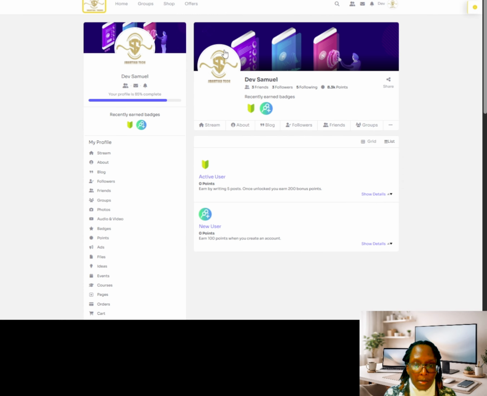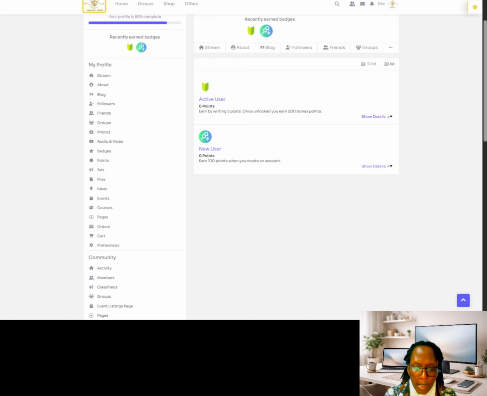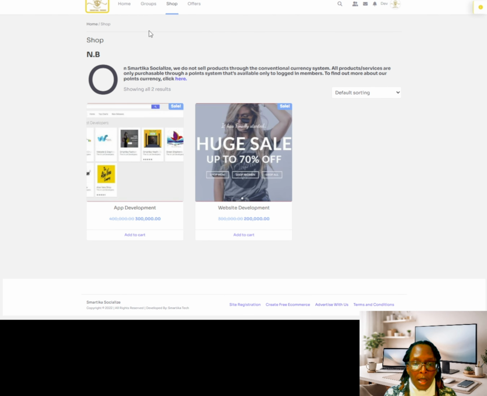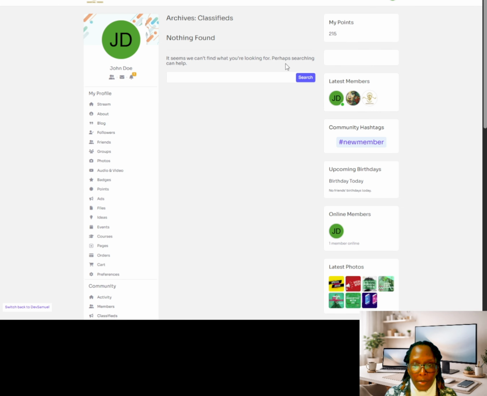We also have engagement, badges, and point awarding, for example, which also includes gamification of the points awarded. So for example, once a user accumulates a certain number of points, they can use it to shop on the platform. You can see here some of the things that you can shop for. So it's gamified in the sense that